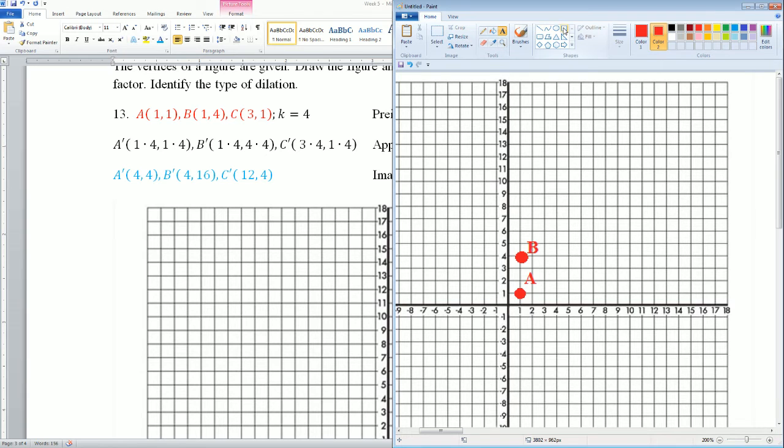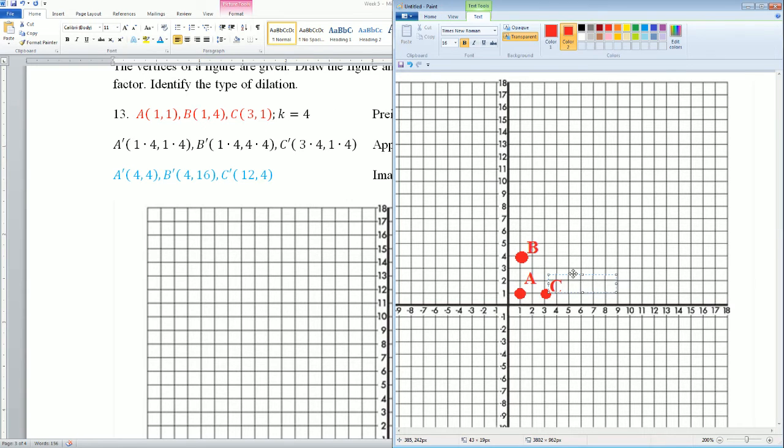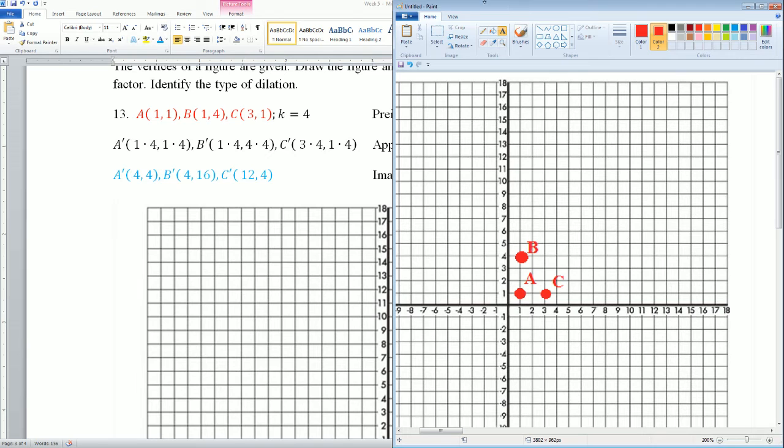Next, 3, comma 1. So 3 in the x, 1 in the y. I'm going to label that C. Good. Then I'm going to connect the dots. Looks like it's also a right triangle here as well. Then I'm going to graph my blue points, which are the vertices after I apply the scale